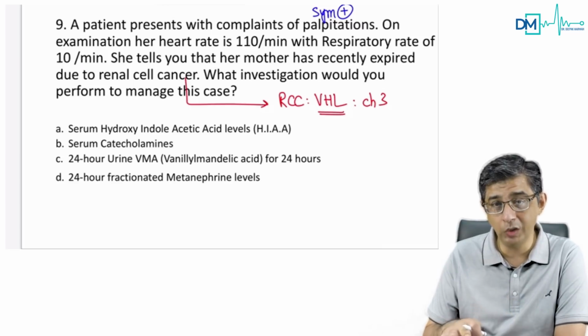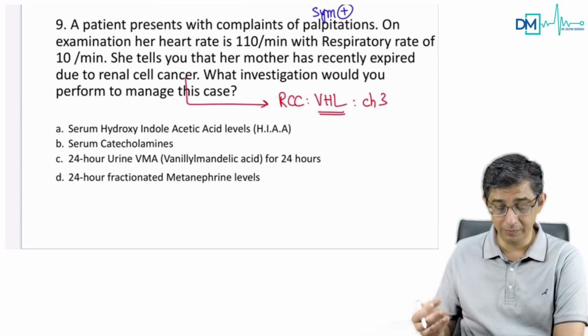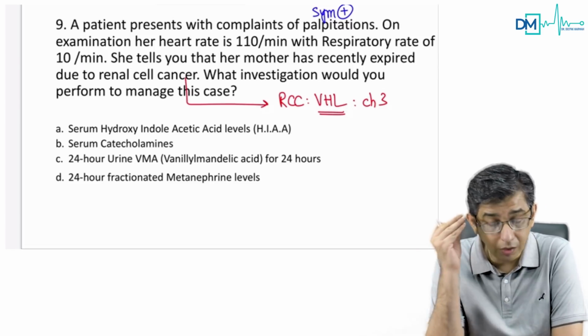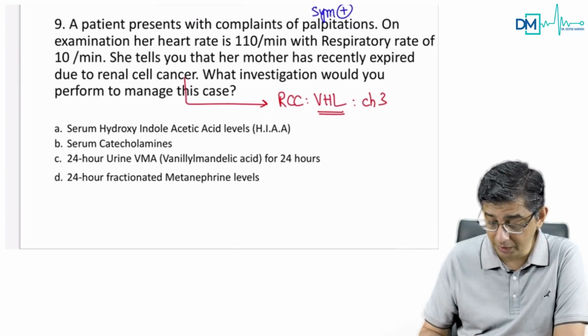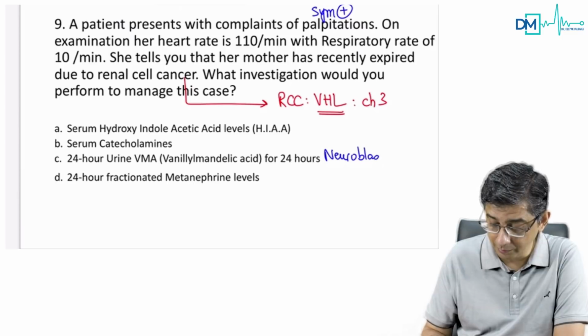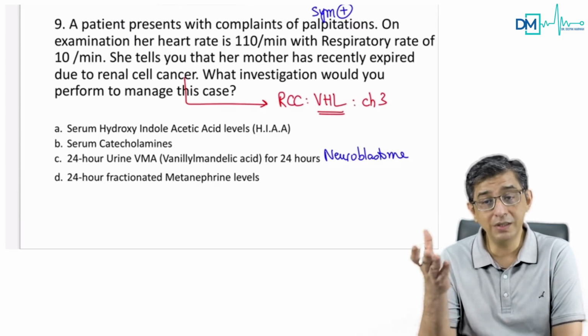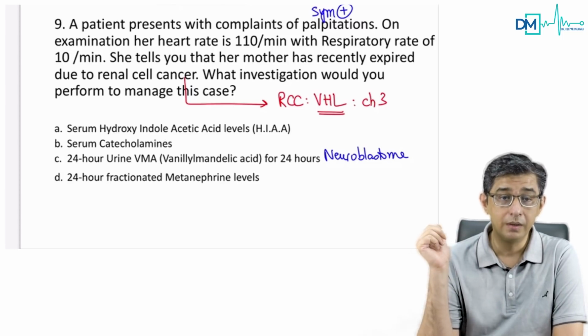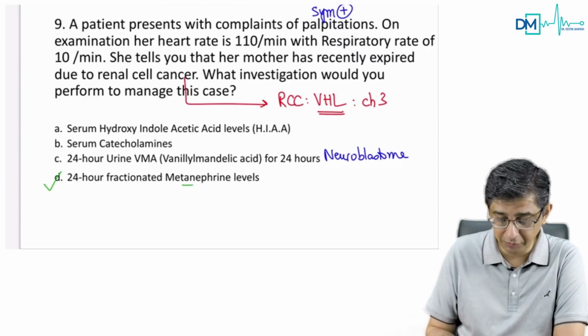No, it is not catecholamines. It is rather end products of catecholamine metabolism. It is not vanillyl mandelic acid. A lot of chaps answer vanillyl mandelic acid, guys. I have explained this so many times. Vanillyl mandelic acid is not to be answered for pheochromocytoma. Don't fall in that blunder that your seniors have also done. Vanillyl mandelic acid is for neuroblastoma, man. The correct answer for this one is delta. That is going to be fractionated metanephrine levels.